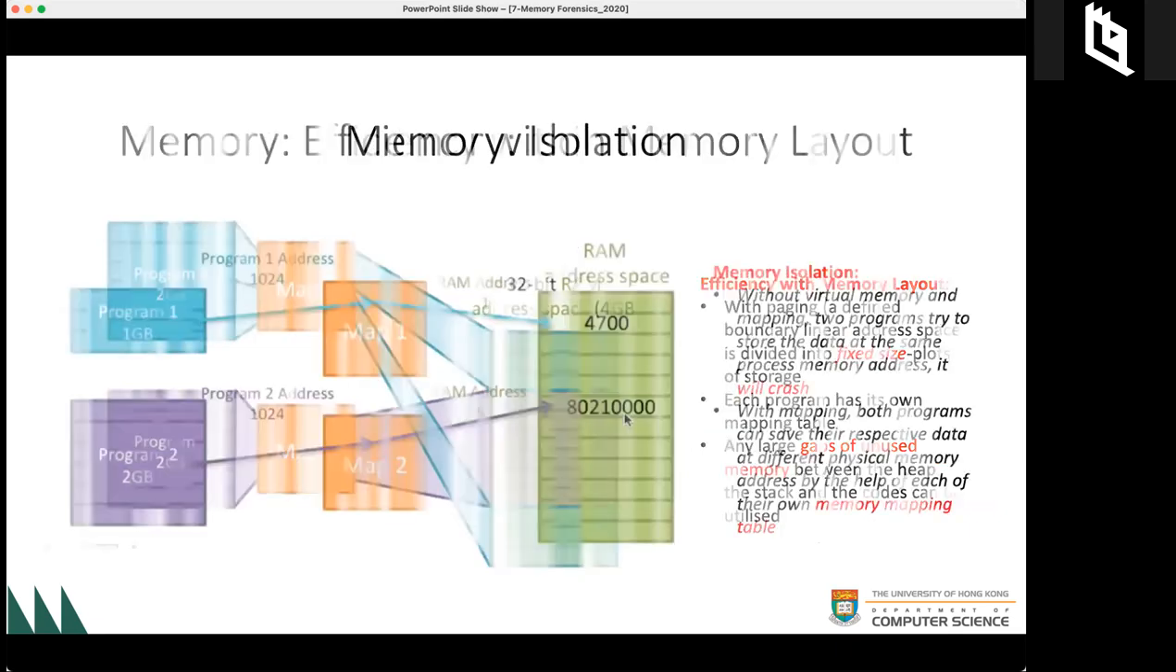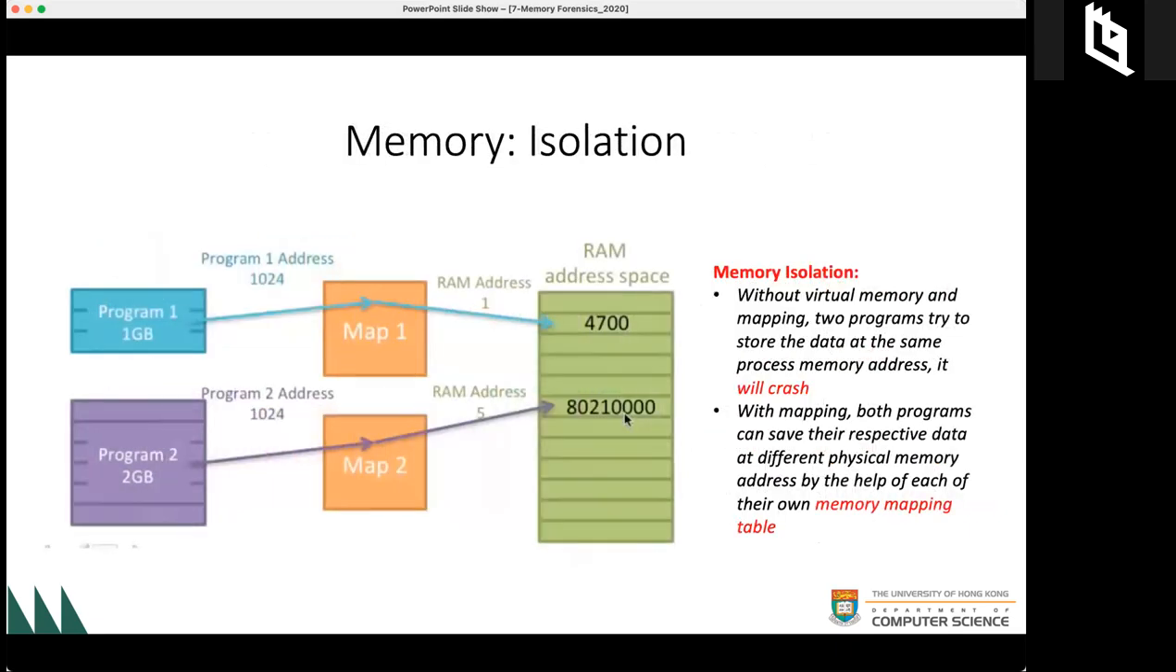Then we talk about the memory isolation. For example, right now, if we have two processes, here we specially create two processes with different process memory, logical memory requirement. Each process may, for example, in program one, need to access the hexadecimal address of 1024. And another program also, if they are mapping into the address 1024,